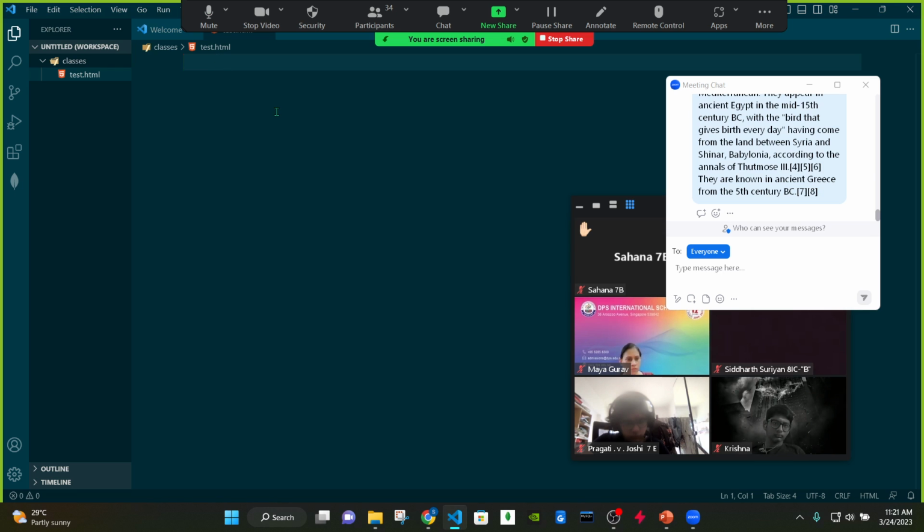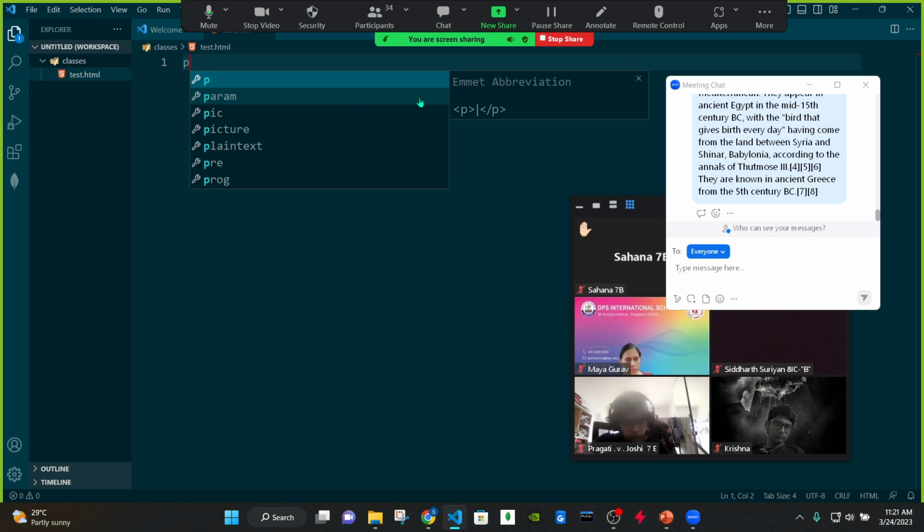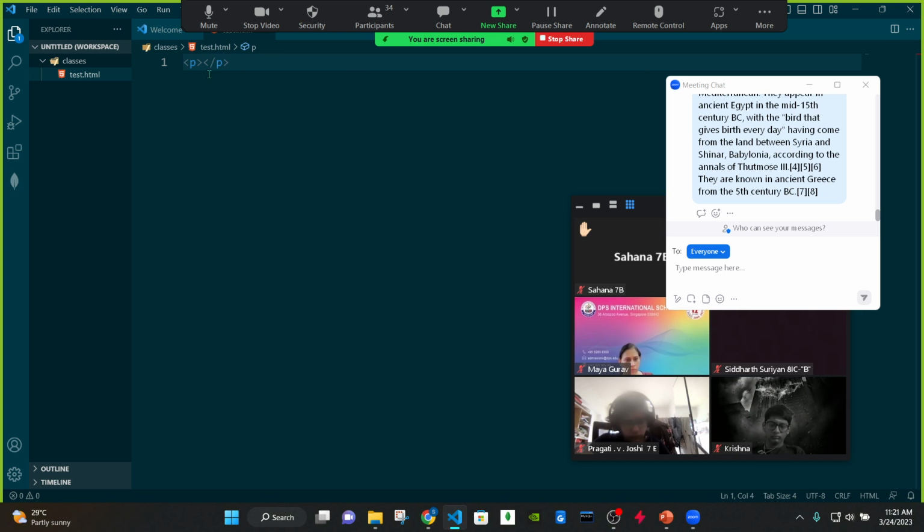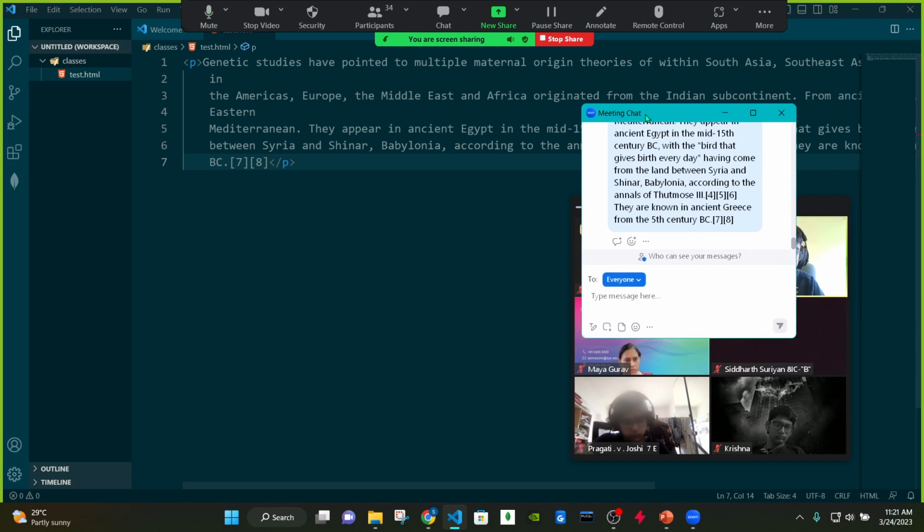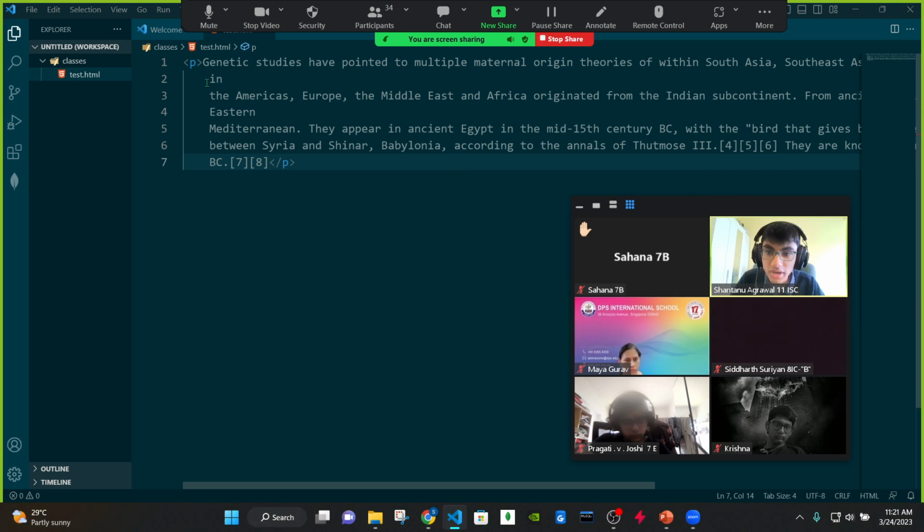So to write HTML, first I'm going to write a P here, and you can see over here it auto-completes for me. You see this here? I just click on it. So now this is valid HTML. Now inside of this I can write my paragraph text. I'll paste it here. Save. You can see this paragraph, it's shown here, and if I want to see this on like a website,